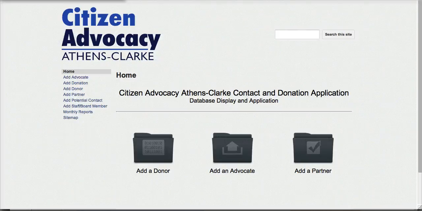Welcome to the tutorial for the Citizen Advocacy Athens-Clarke Database Management System. In this tutorial, we will go over the application and the corresponding web tools used to make this application possible. This system uses two technologies, Zoho Creator for the database and functionality, and a Google site for the user interface. In this phase of the project, you will be able to add information to the database and view monthly reports